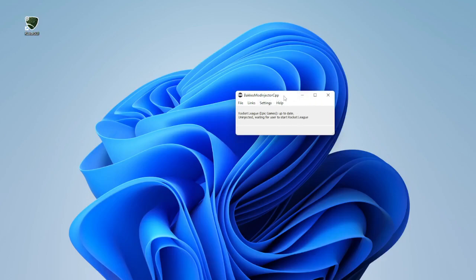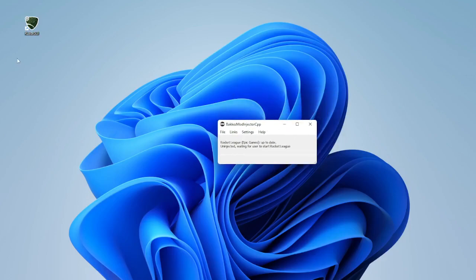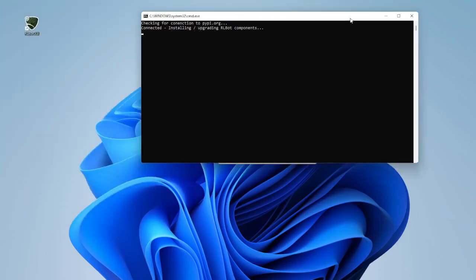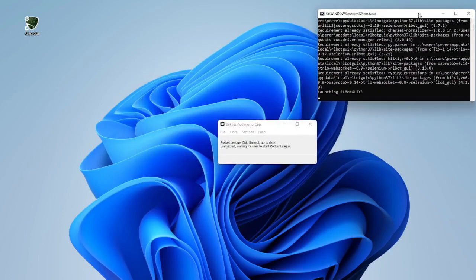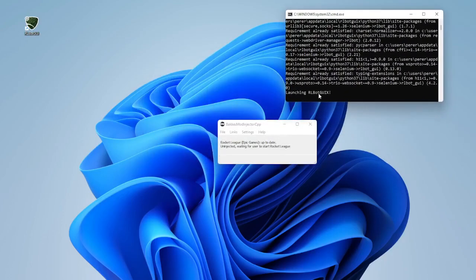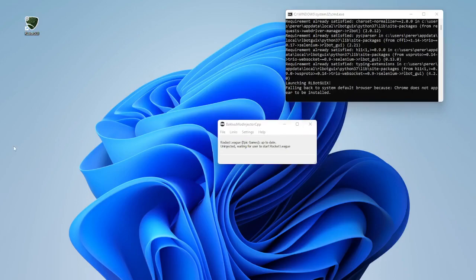That's what you want to see, and we can start by switching on RLBot, where a command prompt will come up like this. Nice. Launching RLBot.